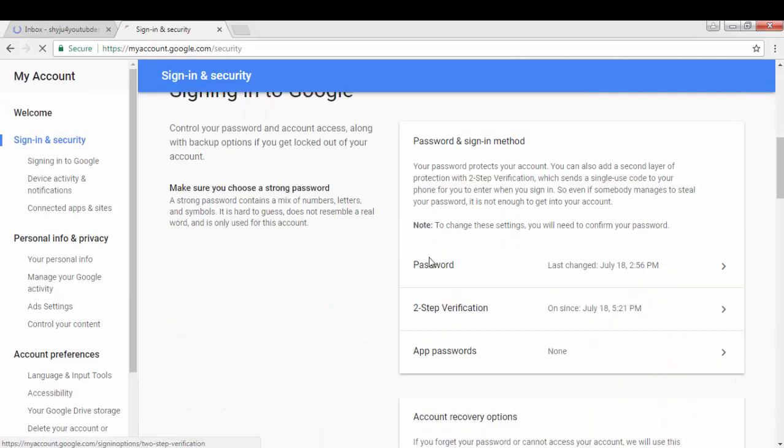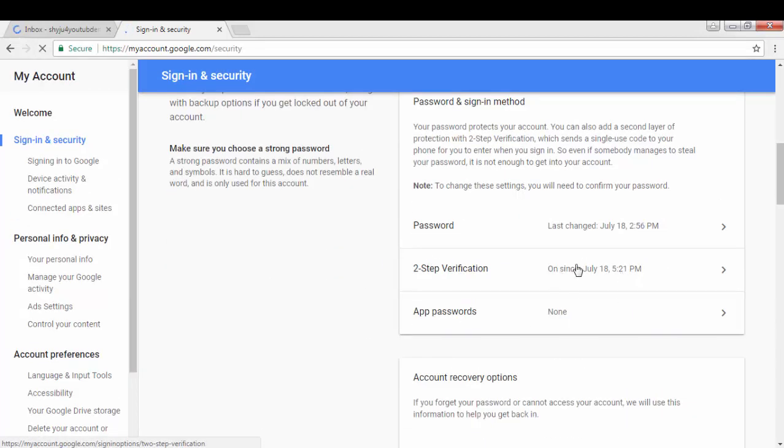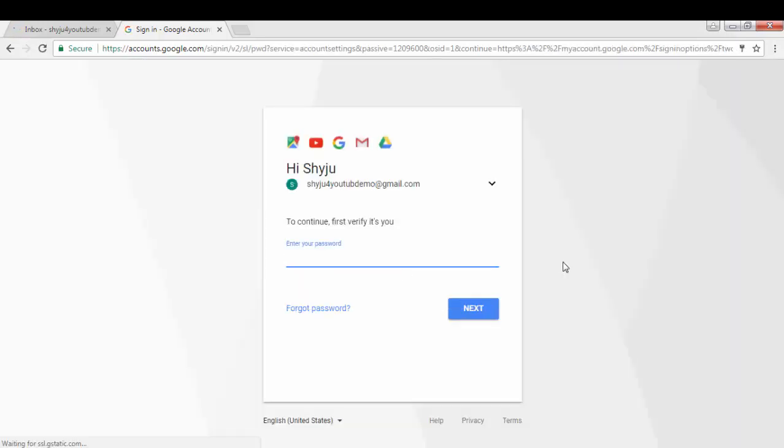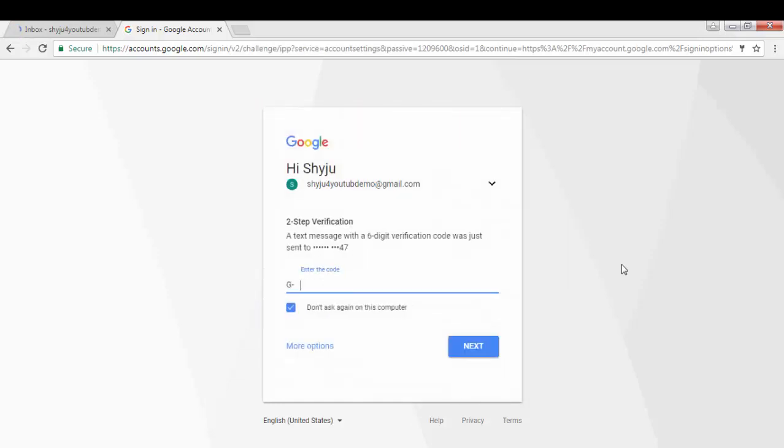Now in Sign in and security, go to two-step verification. Google will again ask for your password to verify that the person who is making the change is the owner of this Gmail account. So again enter your password here. See, it will again send the verification code because I had enabled two-step verification on this phone, on this Gmail ID.